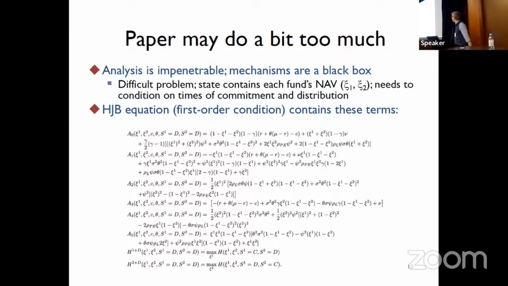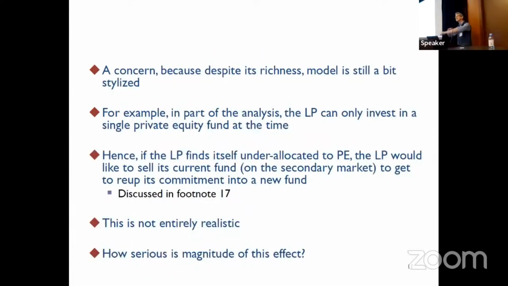Now I may be a lazy referee, but when I got to this point, I started somewhat skimming the analysis to understand what was going on. And I think that my excuse for that is also that the authors provide no intuition or explanation for what these terms mean or which of these effects are important. So when we talk about this as being perhaps a bit too much, I think the analysis here is already so complex that the mechanisms behind what is driving these effects become a little bit of a black box.